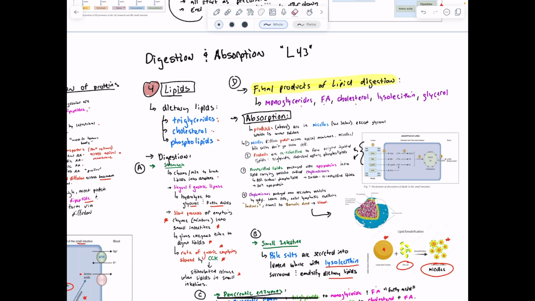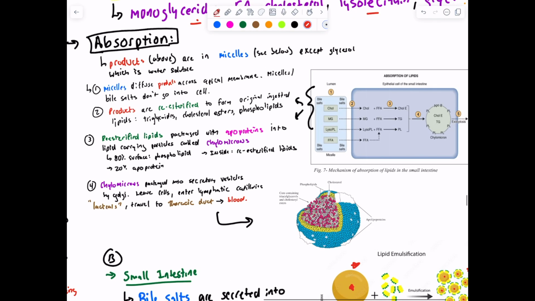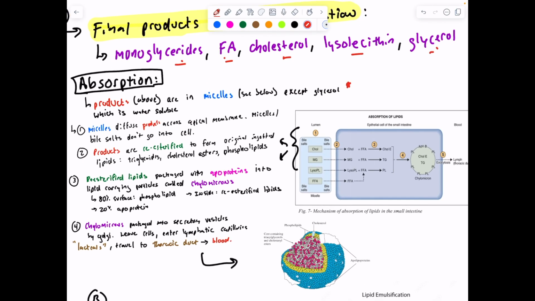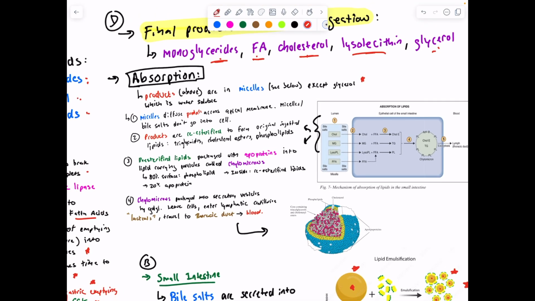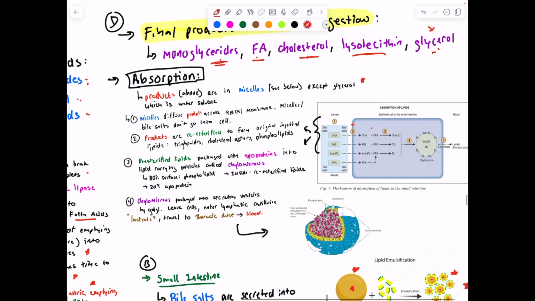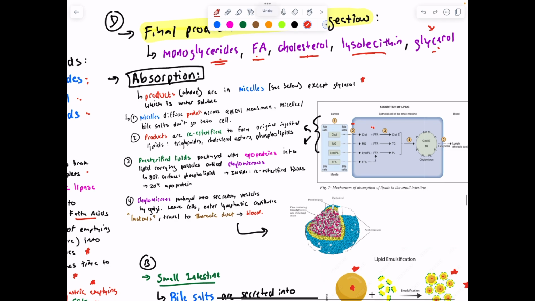They have been surrounded by bile salts to form our micelles. Now that we have micelles with these things inside of them, with the exception of glycerol, because glycerol is water soluble, all of these guys, which aren't water soluble, are going to diffuse, come adjacent to the plasma membrane, and then go into the cell. These products inside the cell are going to be re-esterified to form the original ingested lipids,